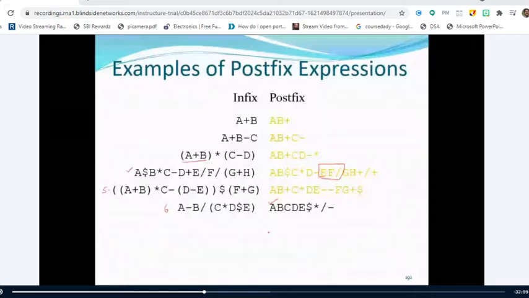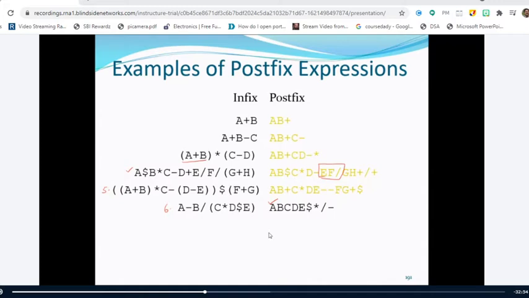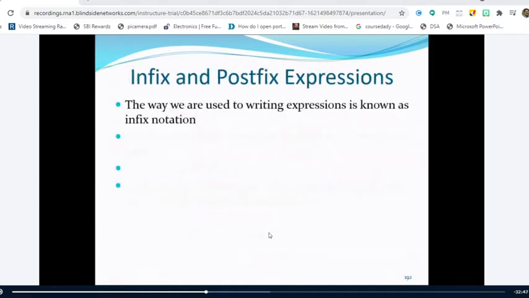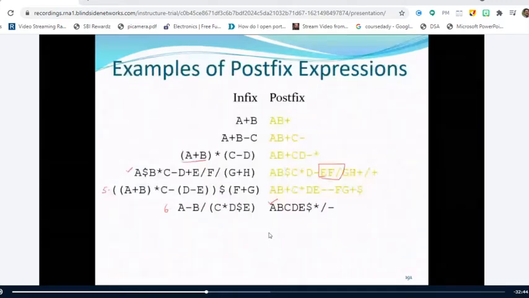So this is how we convert a given infix expression to the postfix expression using the conventional method, which is a shortcut method, which we have explained right now. Right. Is it clear up to this point? Yes, sir. Now, you listen to the next topic very carefully. Why? Because this is a very, very important topic with respect to the examination point of view as well as the subject point of view.